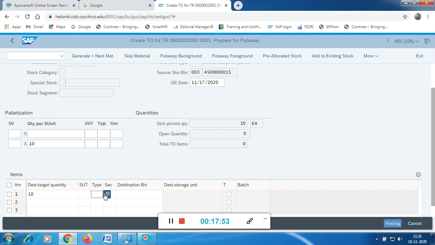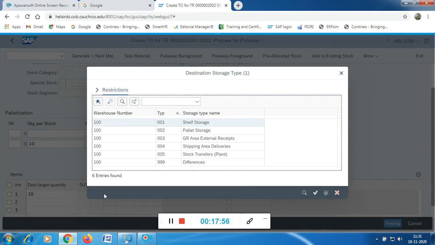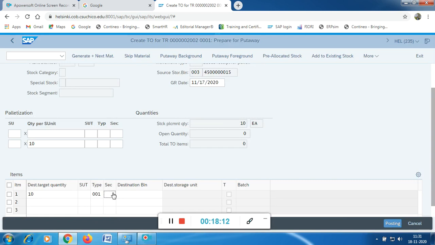Under type, you can go to search, and you can select the storage type. You have different types of storage: shelf storage, pallet storage, etc. I'll take a simple storage, shelf storage, because knee pads and elbow pads are smaller materials. I don't need any pallets for that. Under shelf storage, you have different sections: first section, second section, third section, fourth section. I'll take the first section. Just like how you have your book racks, that is nothing but your shelves. In that, the first section.